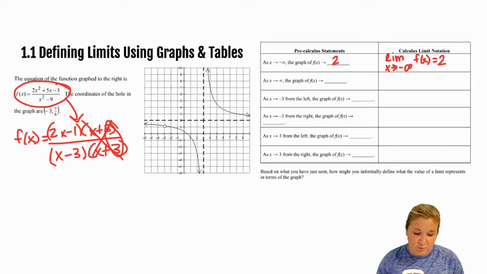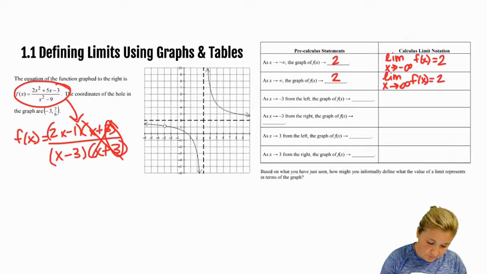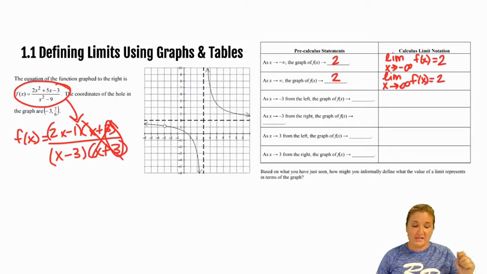So then as x approaches positive infinity, the graph of f of x is going to approach 2 as well, coming in from this way. So again, writing that in notation, the limit as x approaches positive infinity of f of x is going to be equal to 2. Now, as x approaches negative 3 from the left,